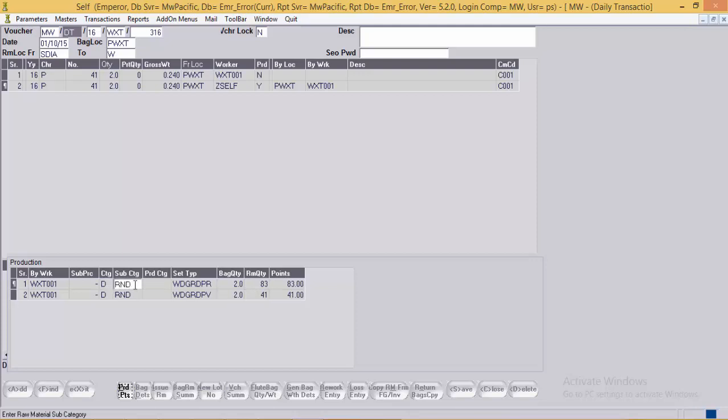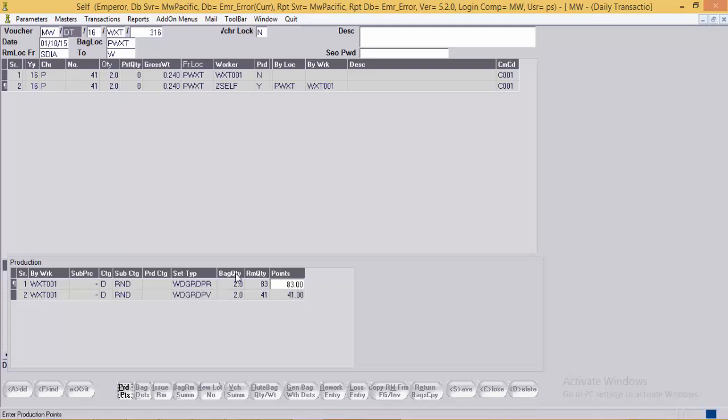Diamonds, round shape, setting type as wax setting, diamond on gold, round prong. For 2 design pieces, RM quantity is 83 stones, so the points allotted are 83.